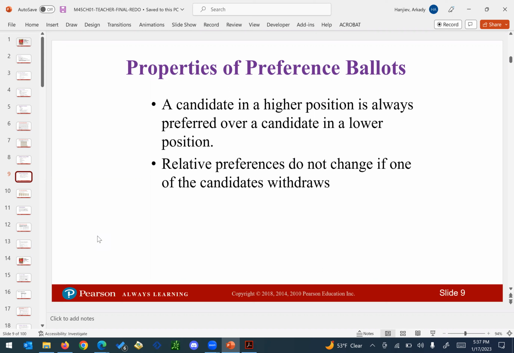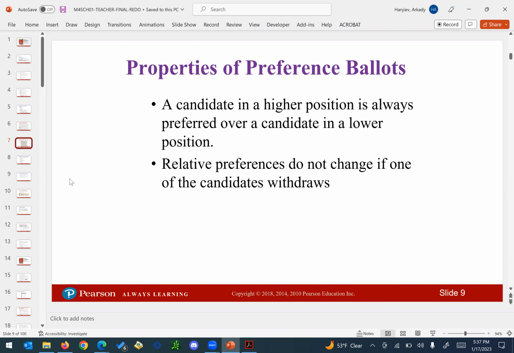What happens if the candidate withdraws? What happens to those points? Because there are points, should those points be lost? Should those points be added in? And in which way should those points be added in? That's another piece that comes into play when you do a ballot system. But let's go back to our example